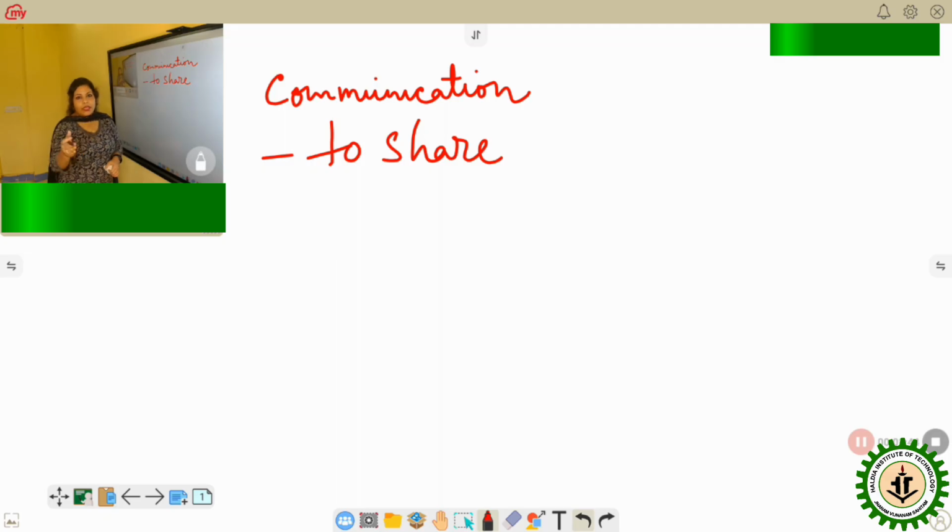If the communication is going just one way, then it cannot be considered effective. Therefore, the communication or the message or the idea needs a reciprocation. It needs to be answered back in order to understand whether the communication is successful or not. Feedback is very important. Now, this is the basic concept of what communication is.